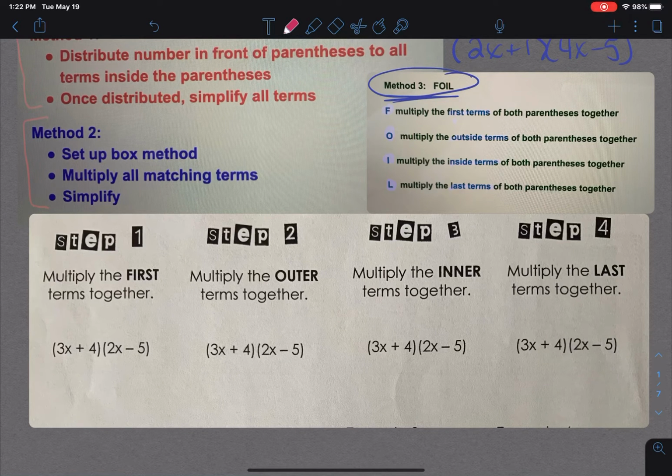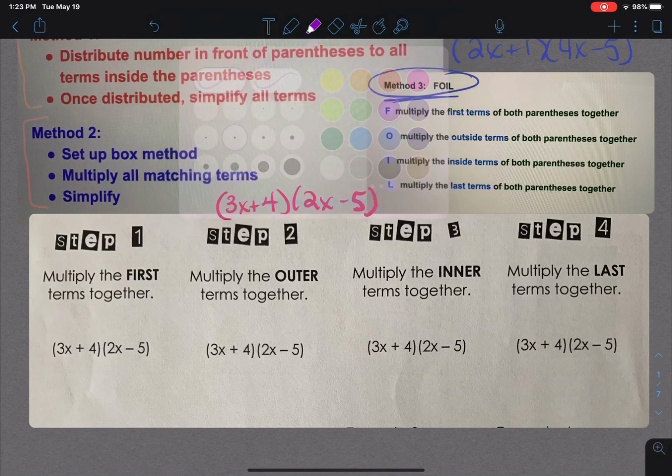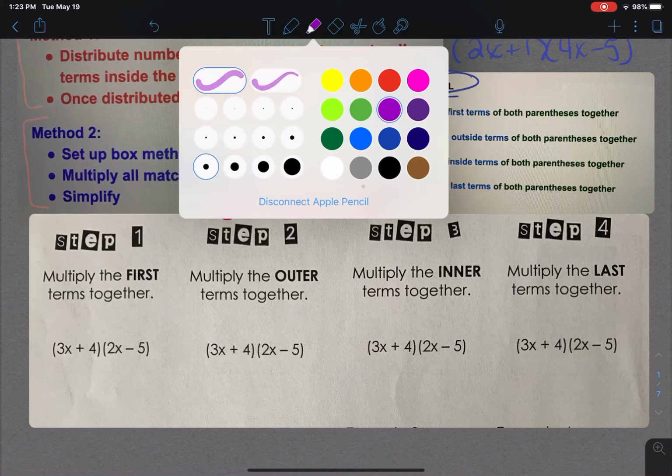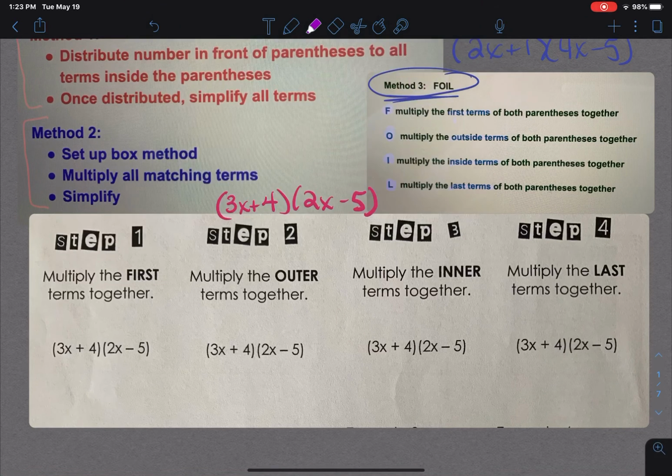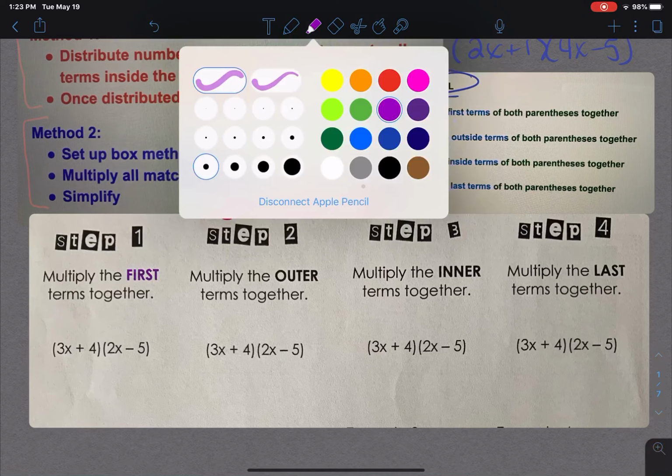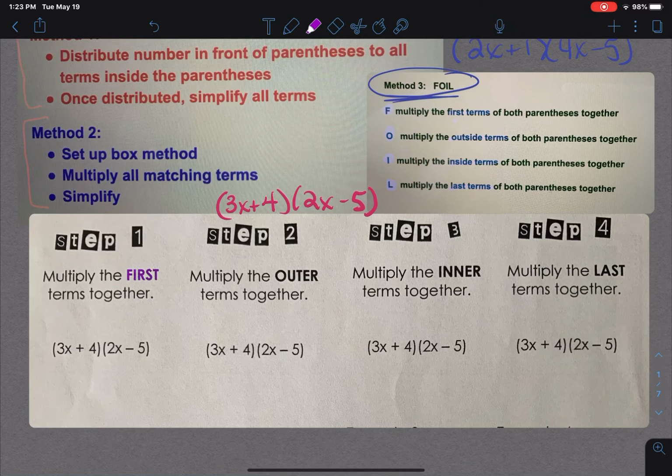First of all, I did all 4 steps here, and this is going to be to multiply 3x plus 4 times 2x minus 5. So these are basically step 1, 2, 3, and step 4 to being able to solve these. So what I'm going to do is I'm actually going to go through and mark on here the ones that we're going to multiply together. So when it talks about the first in this one, then we're talking about